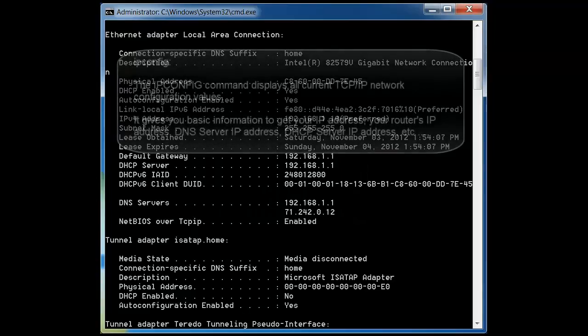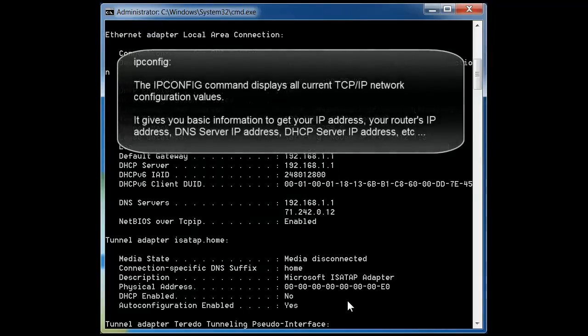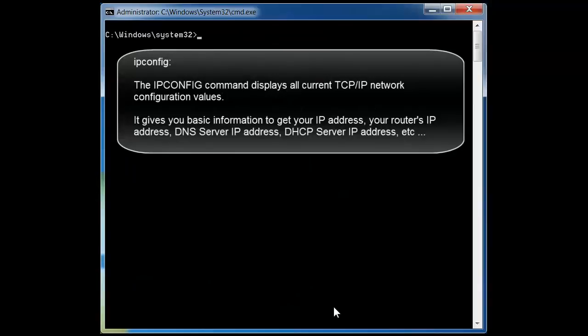Okay, so the first command that I want to go over is the IPCONFIG command. The IPCONFIG command is a very common and very useful tool. It displays the current information about your network. So it will give you basic information such as your IP address for the computer that you're stationed on. It will give you the IP address of your router. It will tell you where your DNS servers is, where your DHCP servers are. So let's type in the basic IPCONFIG command